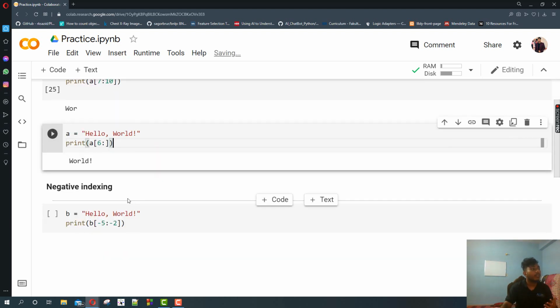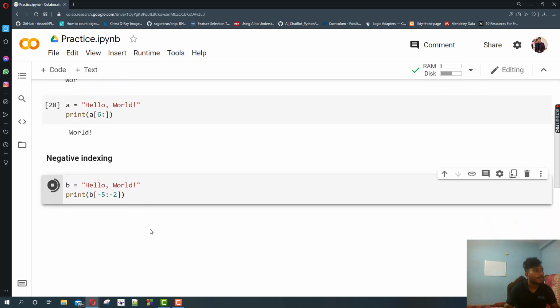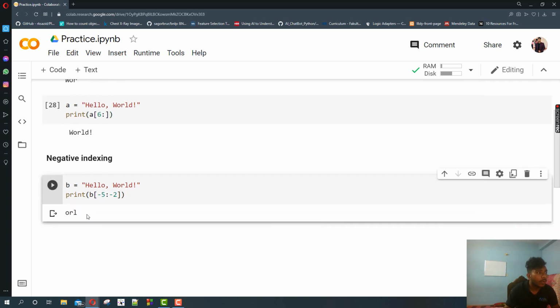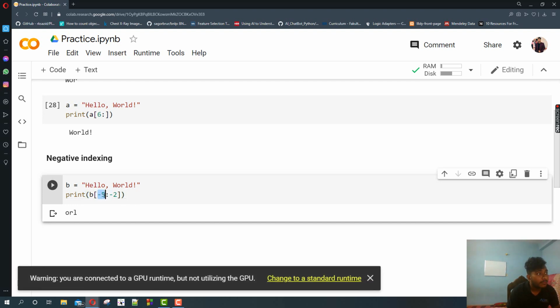Now there is another concept of strings. In Python you can use negative indexing; you can represent the index of a string negatively. Let's print that. What is printed? ORL. Let me explain. Whenever you are representing the string in a negative way, just understand the syntax. It will print -5 to -2.